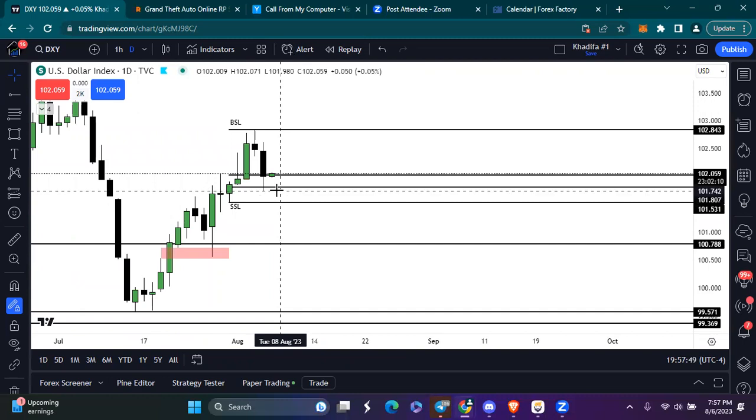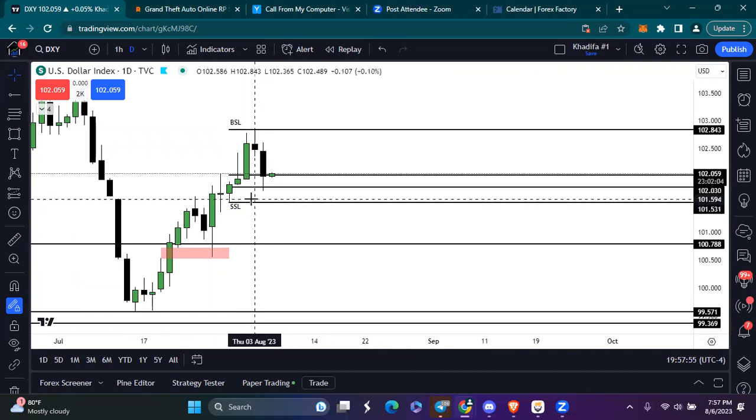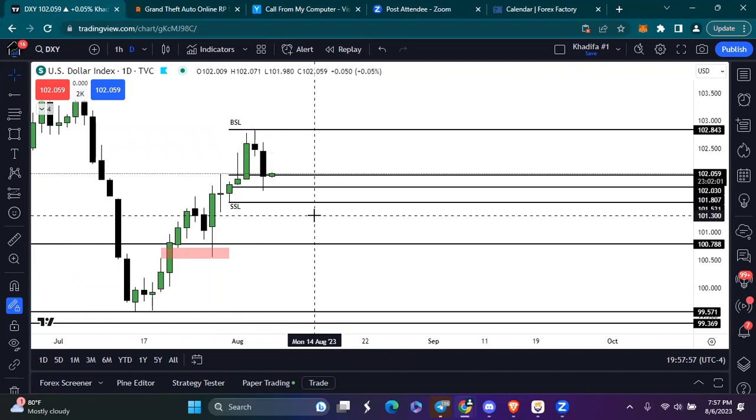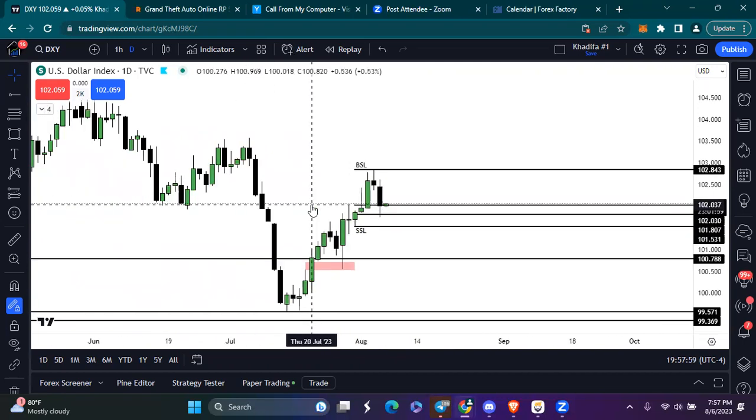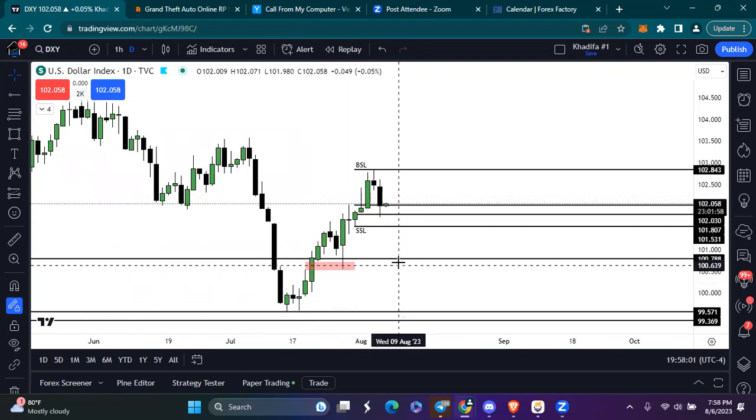If we break below those levels, I will be looking for us to run last week's sell side liquidity and potentially continue to